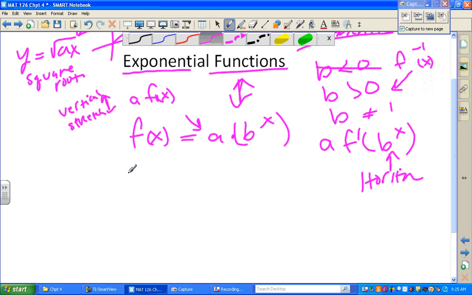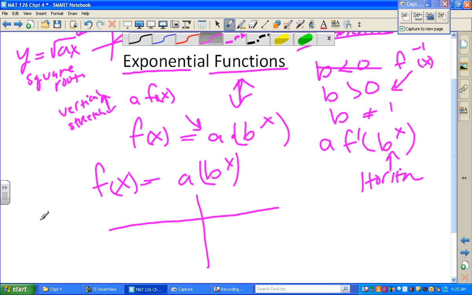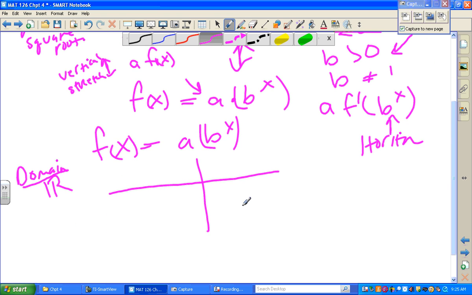Except we need a basic idea of a graph. So if I just had A, B to the X graph, one very important thing. The domain is all real numbers. Domain is all real numbers, always on an exponential graph. Now the range, on the other hand,